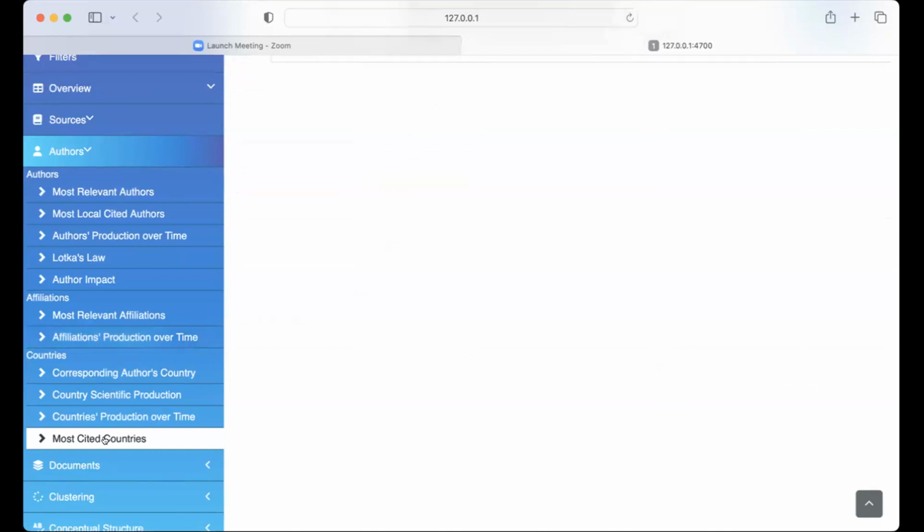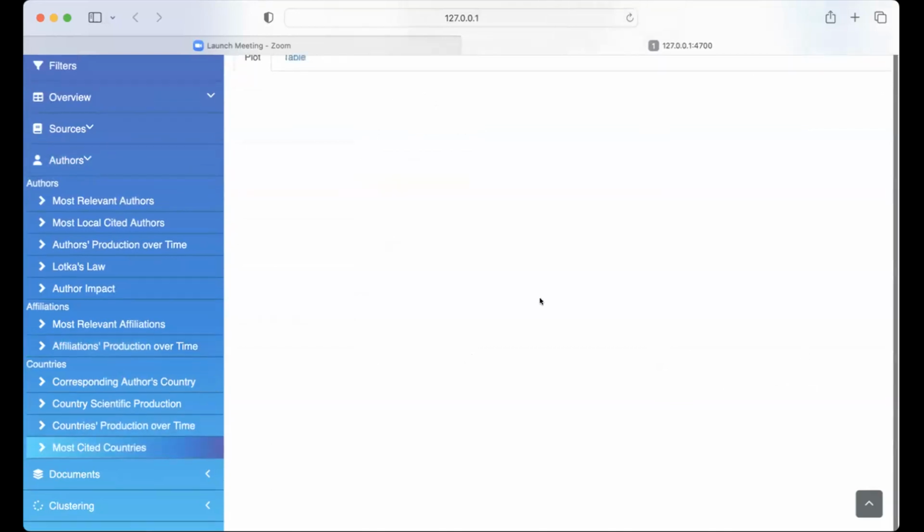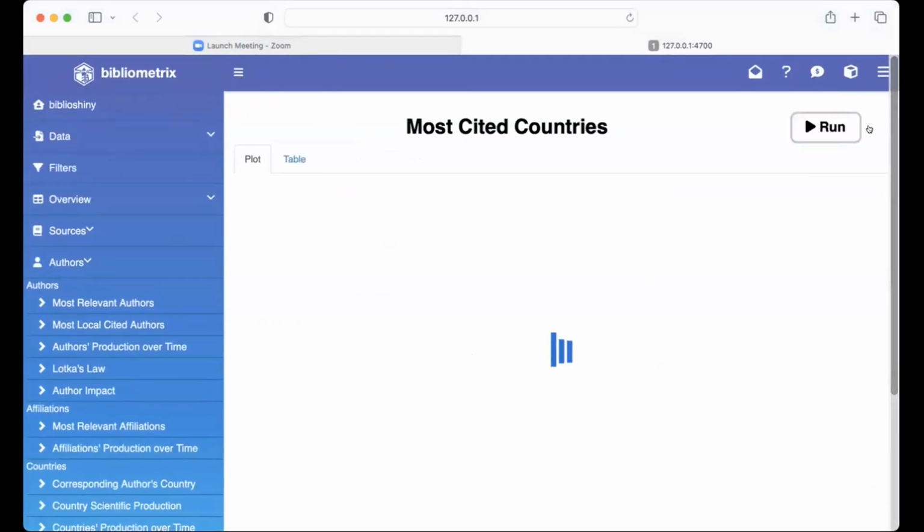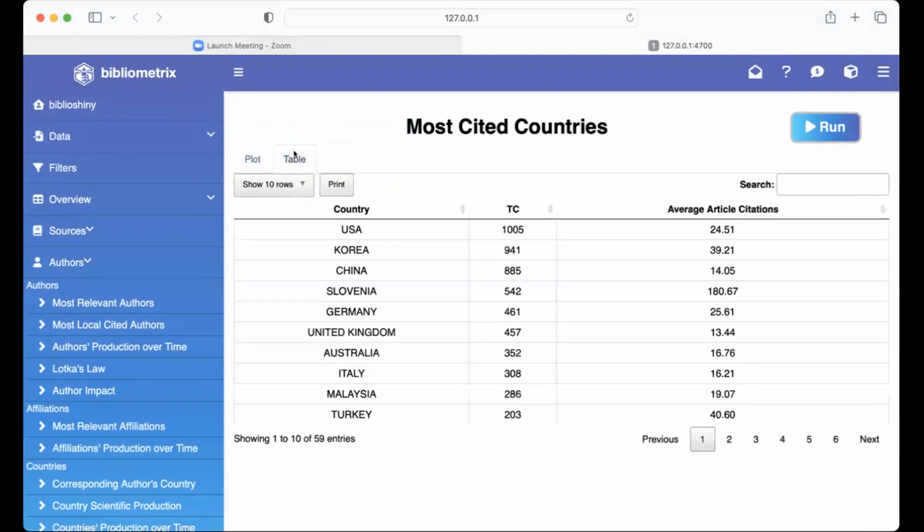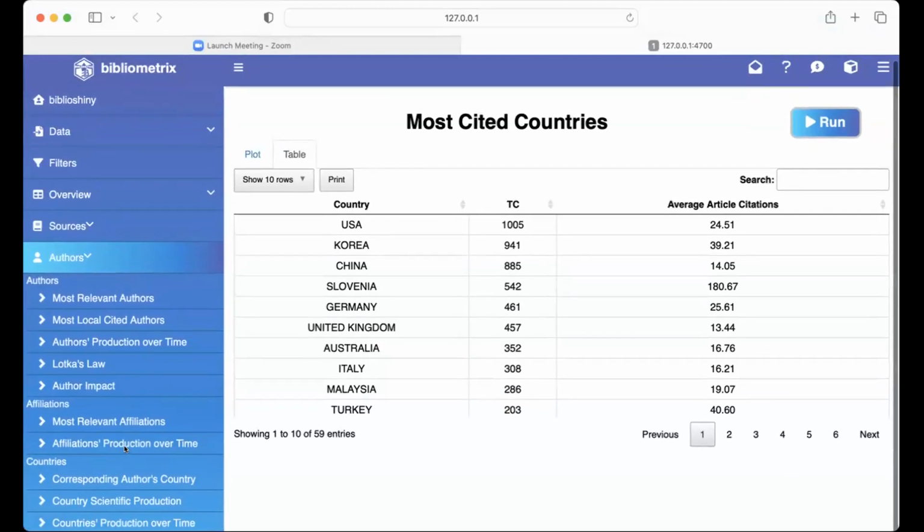So, most cited countries. Even though Netherlands was at top in industry affiliation, still we can see that most cited countries are USA, followed by Korea, China, and Slovenia, then Germany, UK, Australia, Italy, Malaysia, and Turkey. You would very well know the reason for this. Moving further,